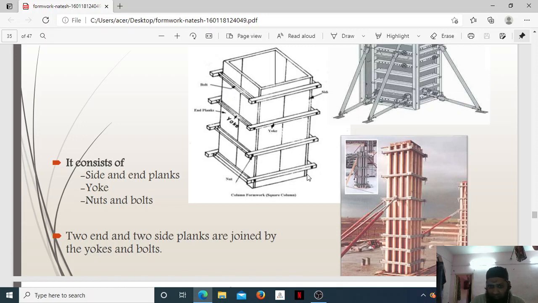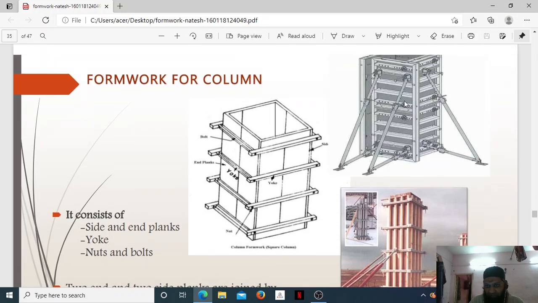So you can see here, this is how they are placed properly, and then we pour the concrete from the top until it is filled. After the required days of setting, we remove this formwork slowly. So by this type of formwork, we get very neat edges. We don't find any honeycombs and other defects which are normally formed when we don't provide good formwork. You can see this figure also here.